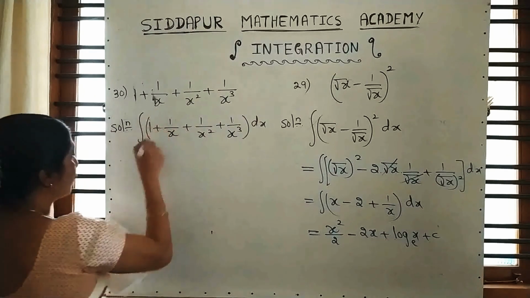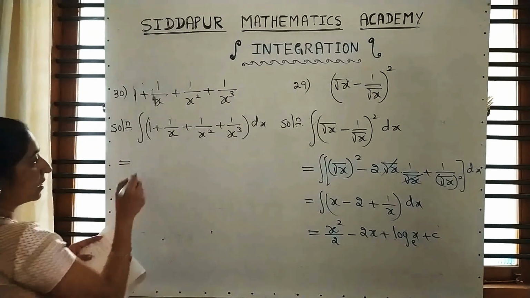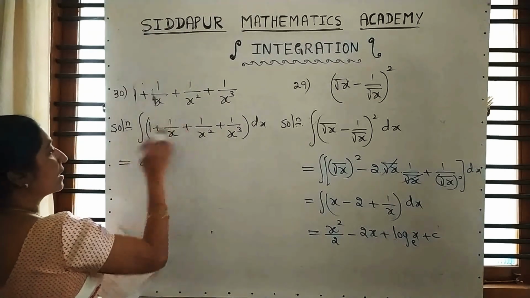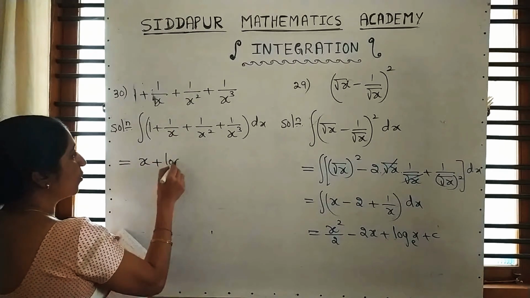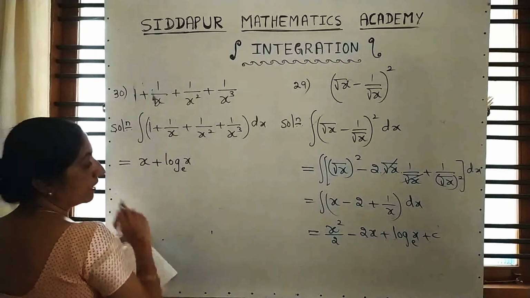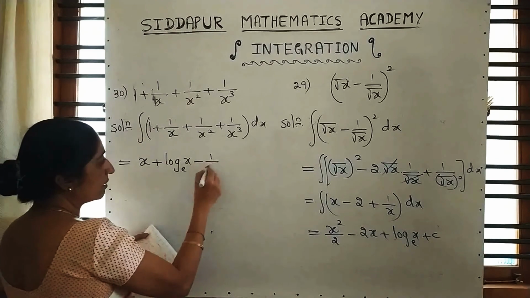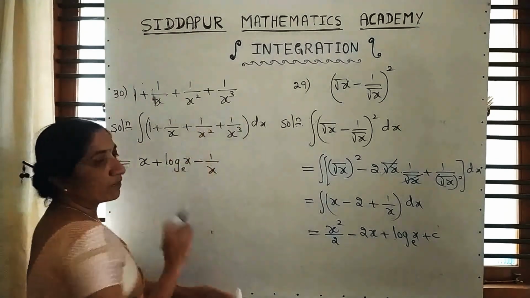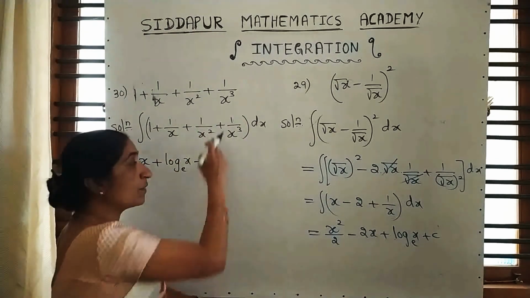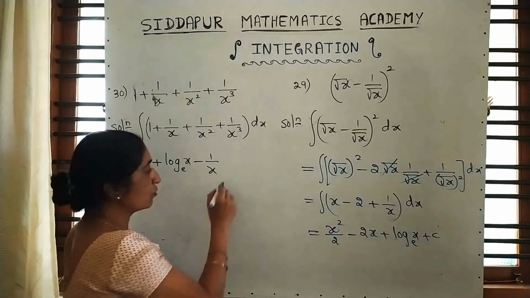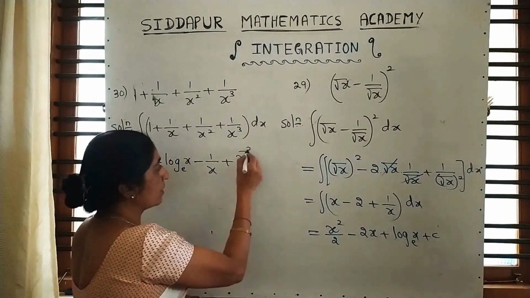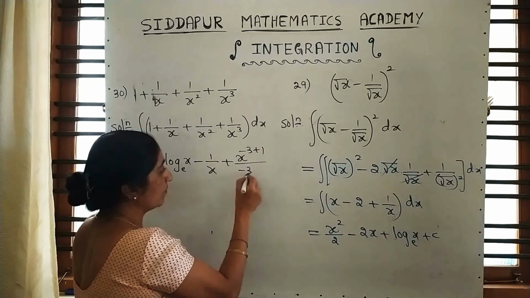Are you familiar with integration of 1? Yes, integration of 1 is x. Integration of 1 by x is log x to the base e. Integration of 1 by x square is minus 1 by x. At the same time, we don't know the integration of 1 by x cube. x cube goes up, it becomes x raised to minus 3. So x raised to minus 3 plus 1 upon